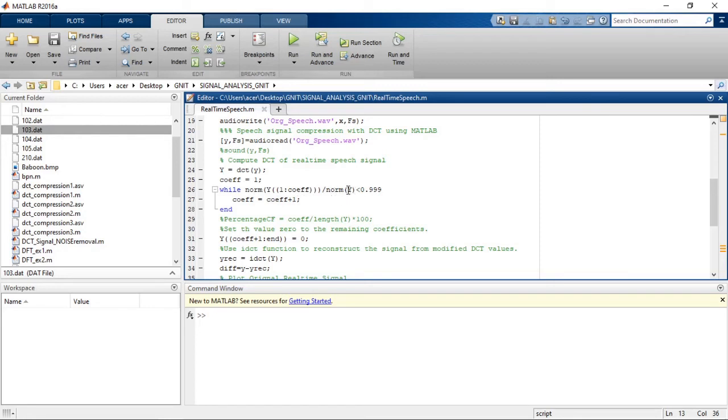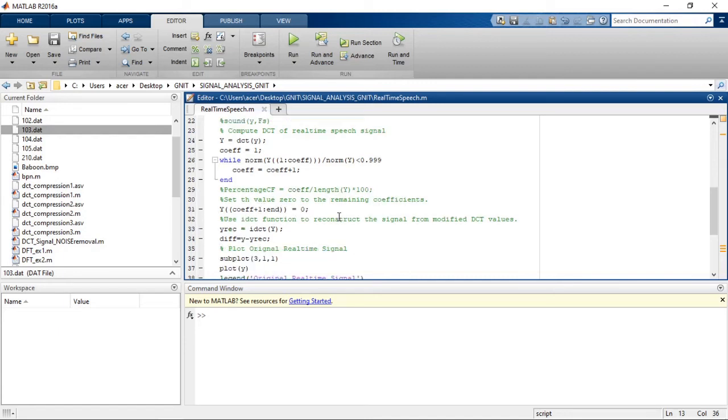We are expressing it in terms of percentage, 99.9%. When 99.9% is achieved, we have the number of significant coefficients. The remaining coefficients, from coefficient plus 1 to end, are insignificant coefficients, and we are setting them to 0.